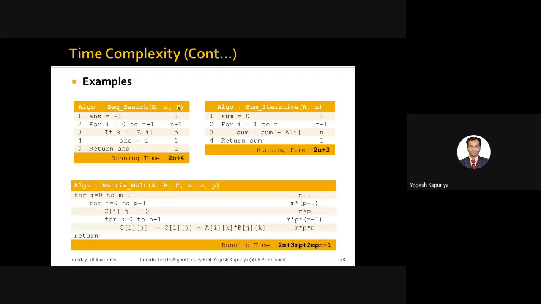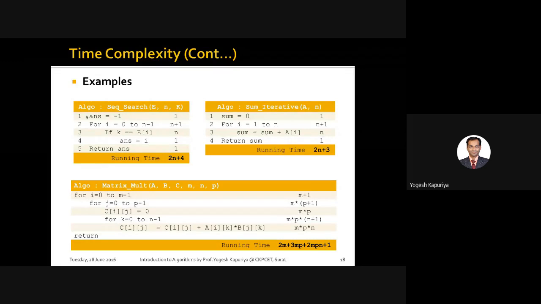Again, it's a linear search. Linear search means you start with the first element and go through each and every element inside the array. At every point of time, you check whether the array element is equal to the key element. If it is found, then you simply preserve that answer in some variable, and finally you can return that. There are numerous approaches to deal with the result, but in general, this is one of them. So let us first go through this algorithm quickly.